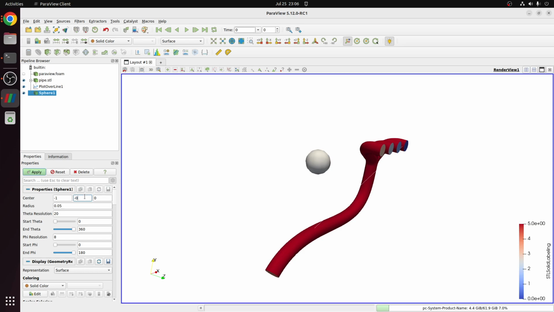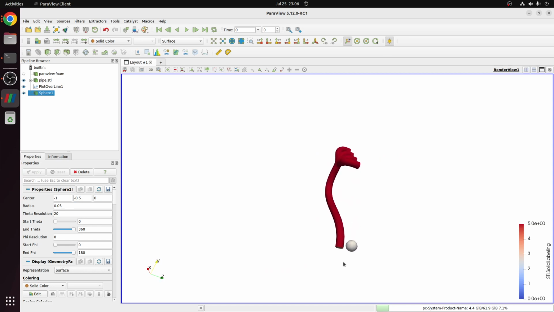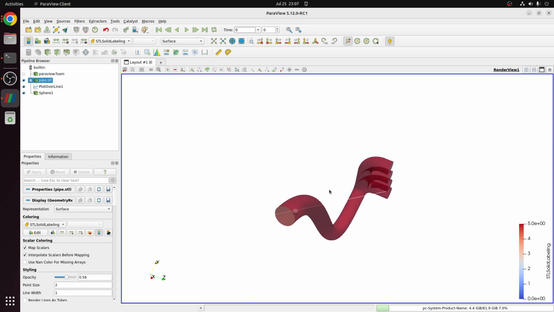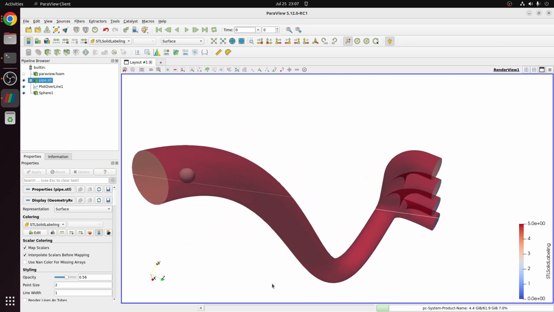Let's see whether this works out. If I give minus 0.5, it has come here, and now the only thing I have to do is go in the negative z direction to go through the pipe. So I will give minus 0.1. Okay, it is already in the pipe. Now let me reduce the radius of the sphere and also make this pipe a little transparent. We have to be 100% sure that